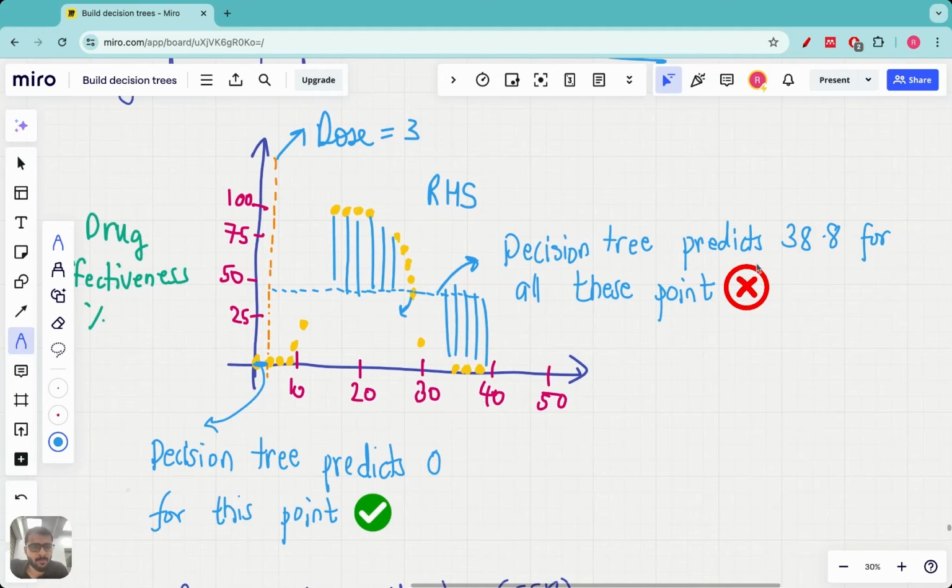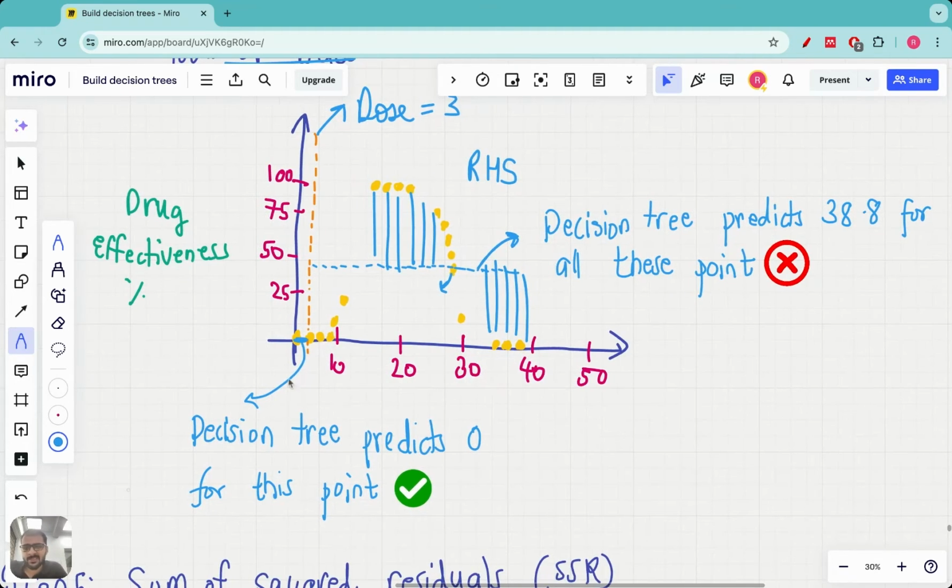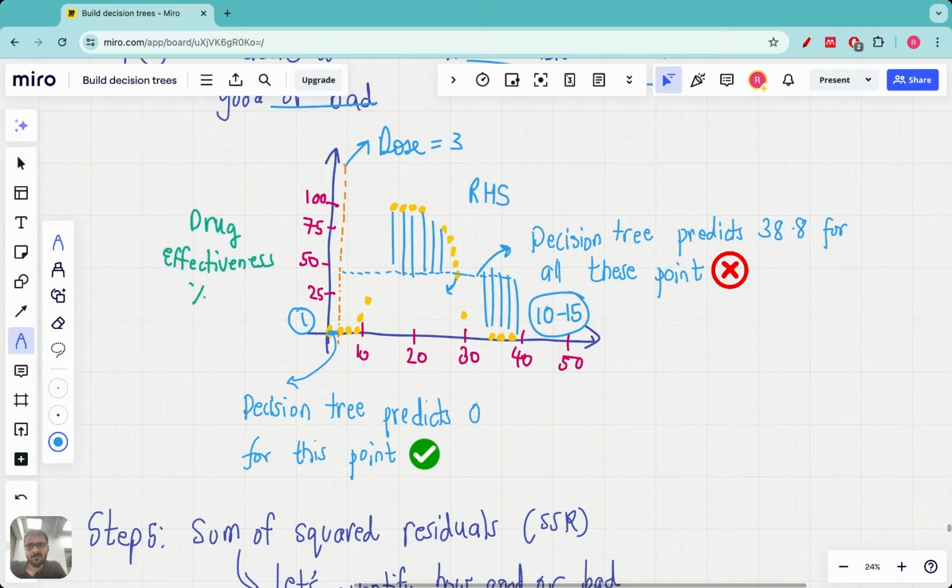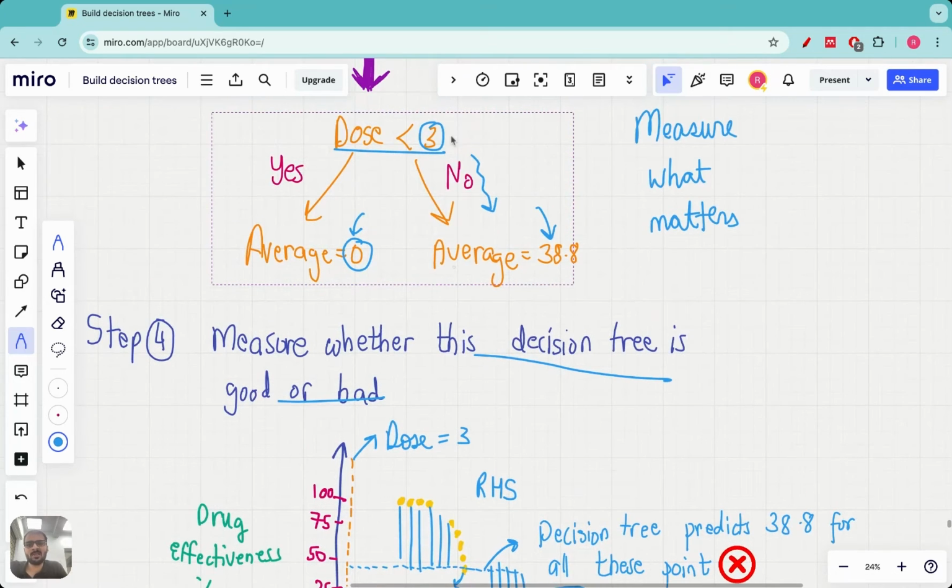So I have put a cross symbol over here. On the left hand side, we are actually doing quite good because there is only one point whose true value is 0, and we are going to predict the value to be 0. But it does not matter because there is only one point on the left hand side, and you can see that there are like 10 to 15 points on the right hand side, which means for most of the points, we are getting a lot of error. So, qualitatively, visually, we can see that this decision tree is not doing a good job, and this is not